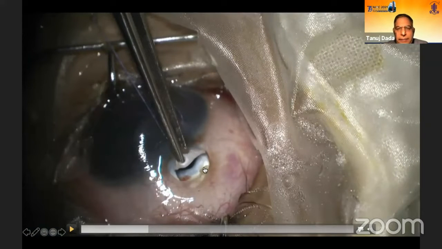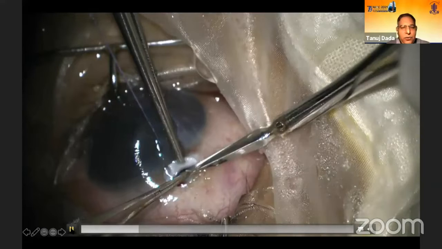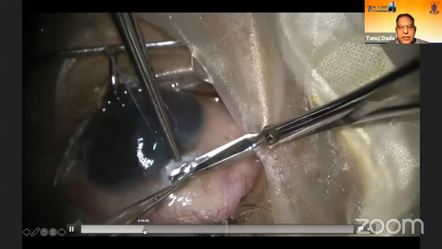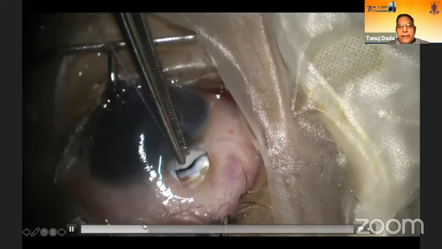So two important caveats are, first thing is, whenever you are making the ostium, there should be no traction. While making the ostium, the assistant is pulling on the cornea, so that is causing a counter traction. So never have any traction when you are making the ostium. The second important thing is always try to go slightly anterior, because then you are going into the clear cornea. If you make a posterior opening, you will get vitreous loss.